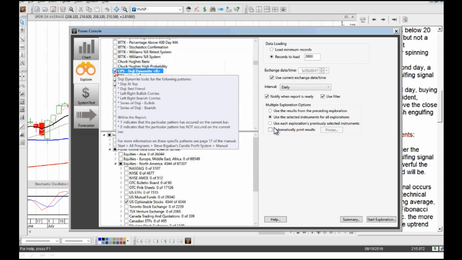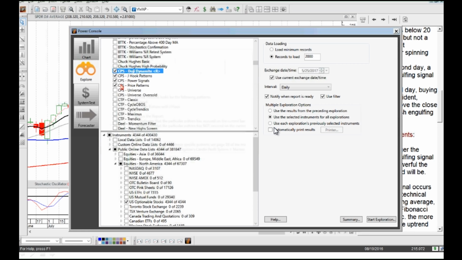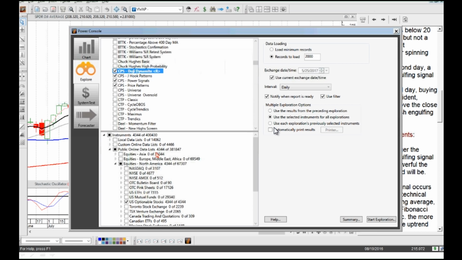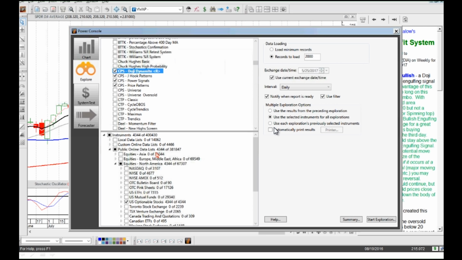So what I've got selected right here is the Doji Dynamite. It's going to run all 4 of these scans for me. Now, one of the things that is a blessing for us is the amount of data that we've got. If you look right here, this is a huge number,